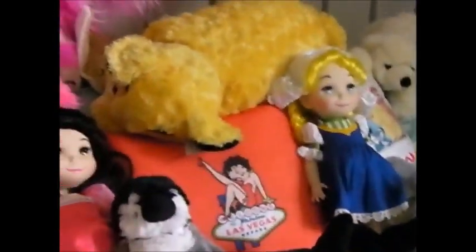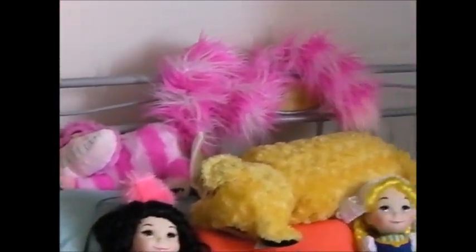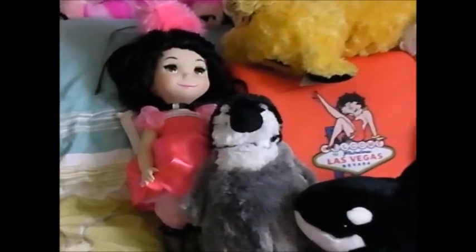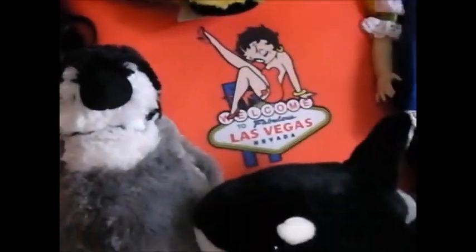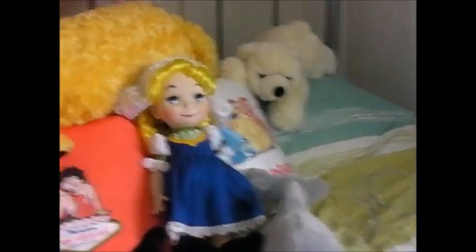Okay, so on the bed, we've just got some basic toys. Got the Cheshire Cat. We've got 2 Small World dolls. And some soft toys from SeaWorld. Okay. Oh, and over here there's a Christmas stocking with Alice on it. Alright, okay, now. This is the last shelf. Over here,